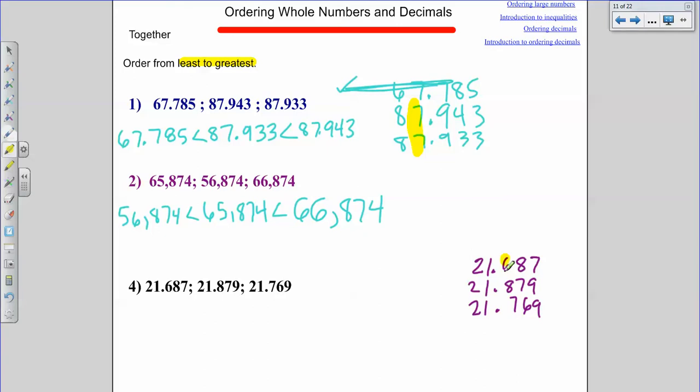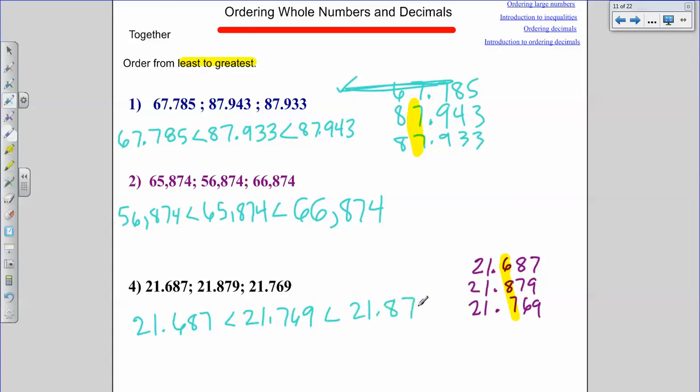Right away I see that they're all different. So the one with the 6 in the tenths place is going to be my smallest number. So 21 and 687 thousandths is less than 21 and 769 thousandths, which is less than